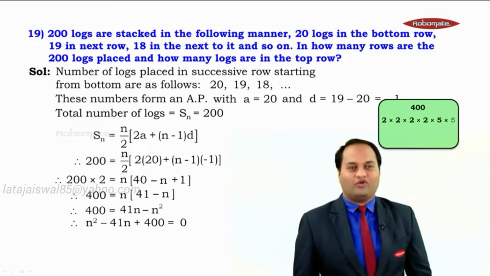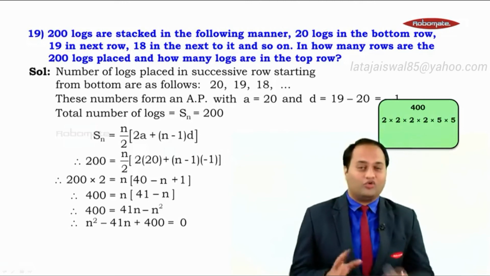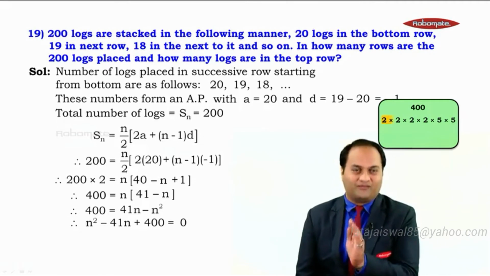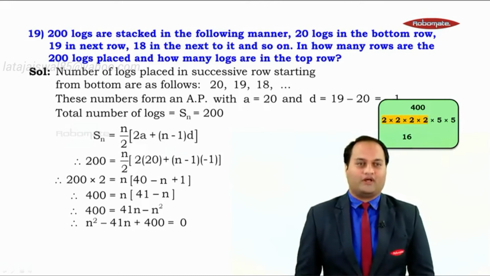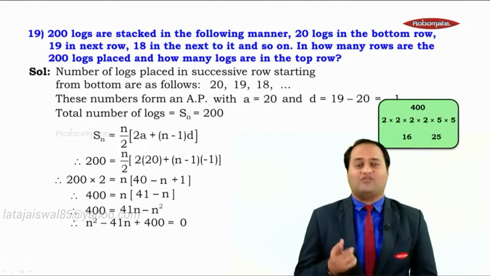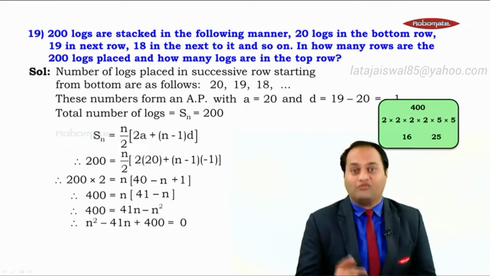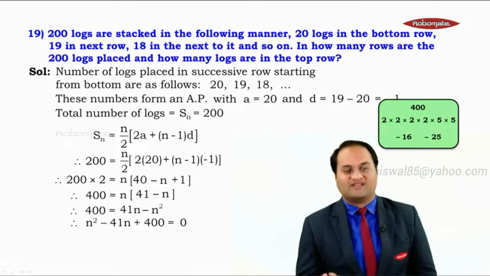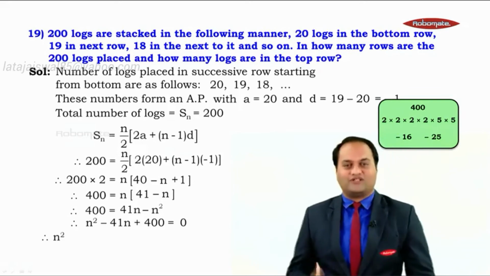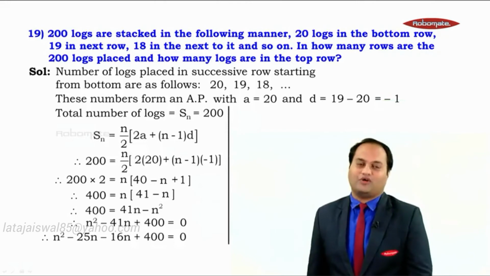Let's factorize 400. How do we do it? 2 into 2 into 2 into 2 into 5 into 5. What is the rule that we follow to find the factors? The biggest together and the smallest together, right? So 2 into 2 into 2 into 2 together, that is 16. 5 into 5 together, that's 25. Now, 25 and 16, will it give 41 on adding? Yes, 25 plus 16 is 41. But then we want minus 41. So you want minus 16 and minus 25, because minus 25 minus 16 is minus 41, right? So let's factorize it. n square minus 25n minus 16n plus 400 is equal to 0.